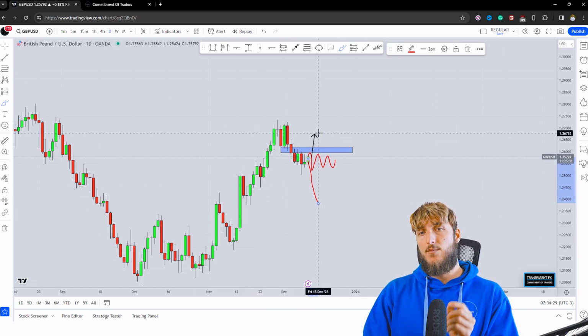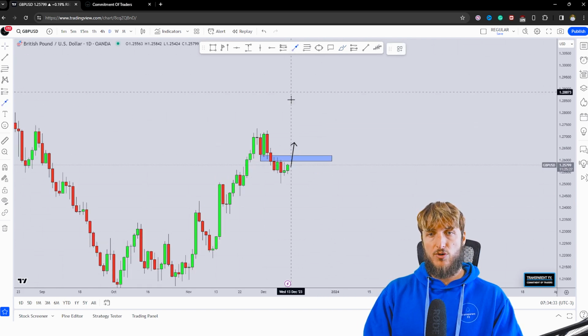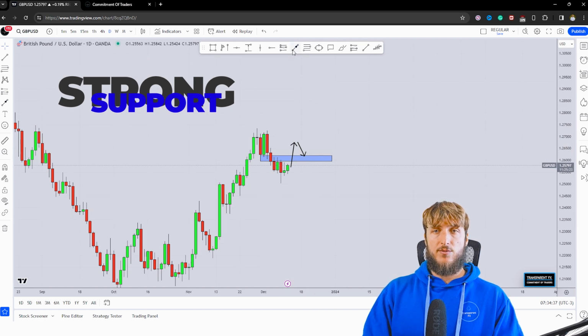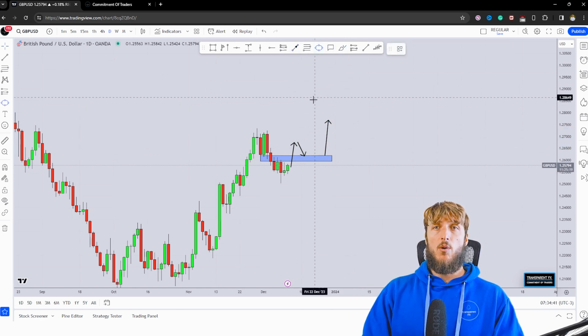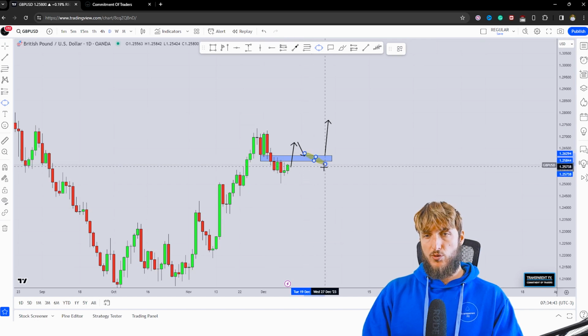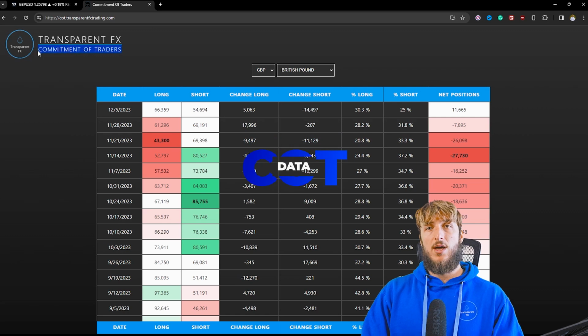So if this will be the case, there is nothing interesting. However, if we get a break above resistance, that is where things get interesting, because after the break, this previous resistance would be turned support here. So after the break, on the retest of the previous resistance turned support, is how I could be approaching a potential move higher. Now, before I speak about that, let's first go and see what we have when it comes to